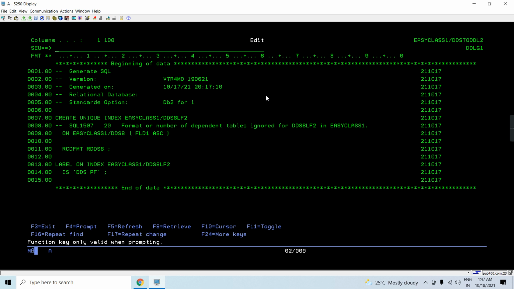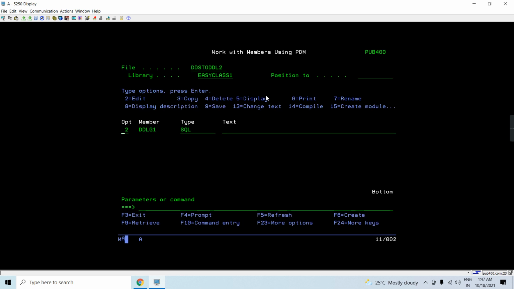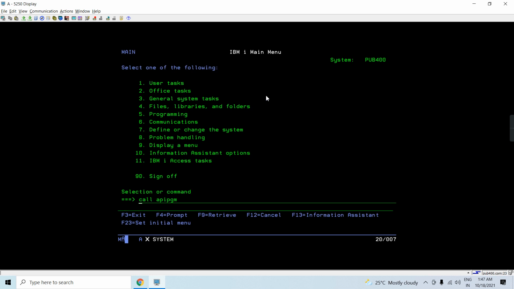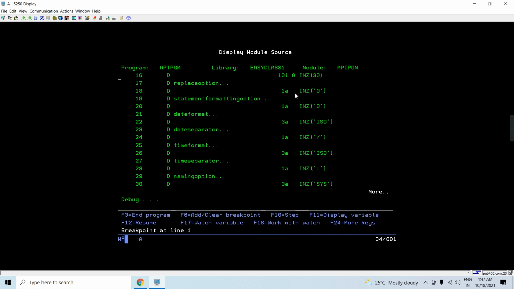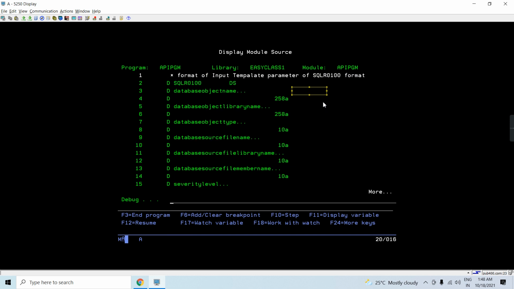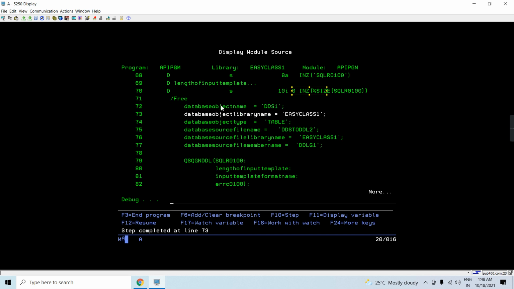If I'm not deleting this, the source member would get appended, because in the replace option we use 0, so we are not going to replace this source member. If I use replace 1, I'll show you both the things.